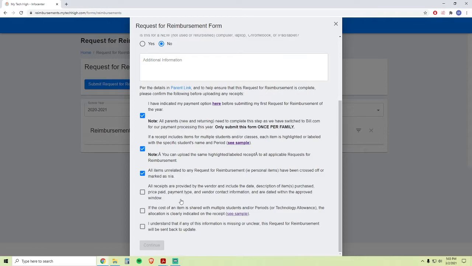The description of items purchased is important so that a reimbursement can be given for approved items. The total of all prices paid on all of the receipts in this submission should equal the total amount requested. The payment type should be visible so that the reimbursement team knows that a transaction has occurred. We can only provide reimbursement for past expenses, not future ones. The vendor contact information helps in the rare occasions where the reimbursement team needs to reach out and verify a